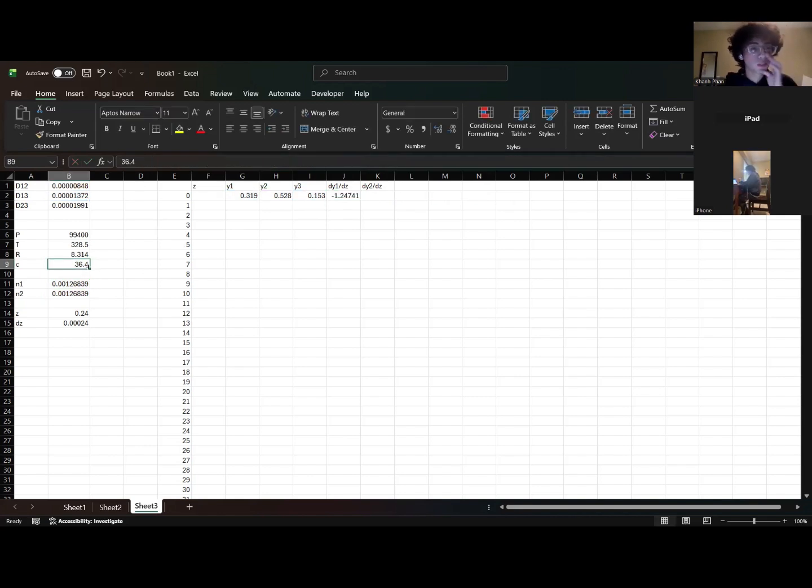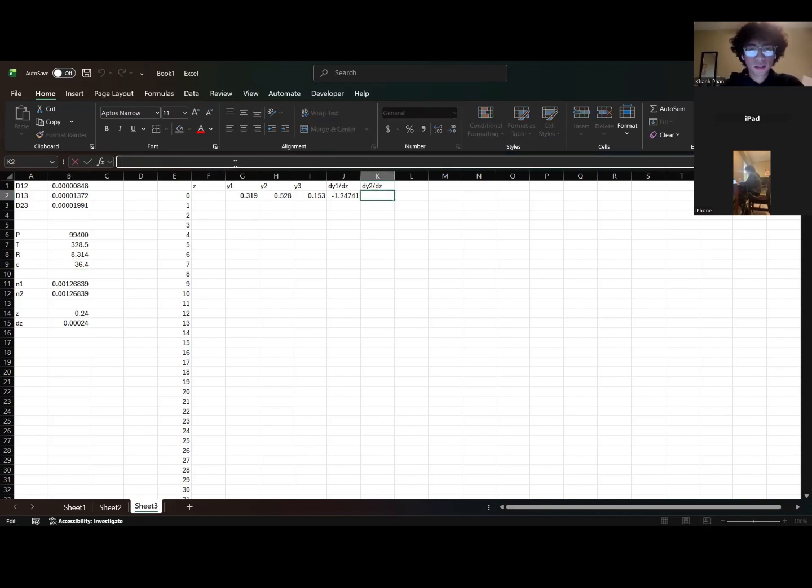And so how do we get the concentration? We just use concentration again as pressure over R and T. That's how I get the concentration. I forgot to mention. And so now moving on to dY2/dZ, we would have